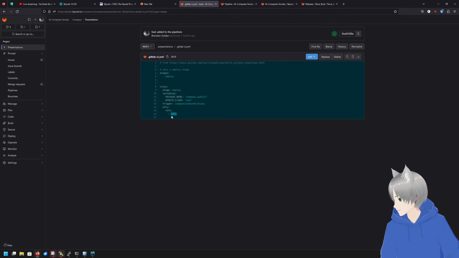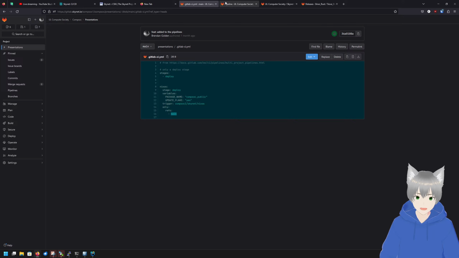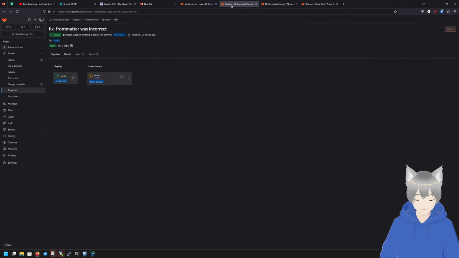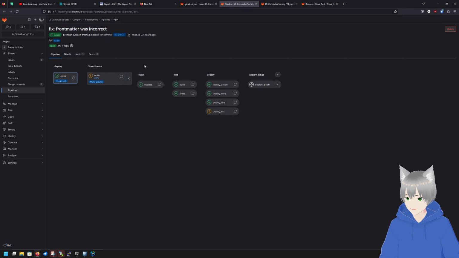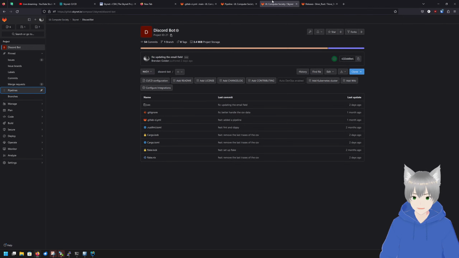It only runs in main. Yeah, I'll show you the NixOS one in a little while. But basically all this does is it triggers the NixOS one. And you can see that, boom. And so it deploys out to it.